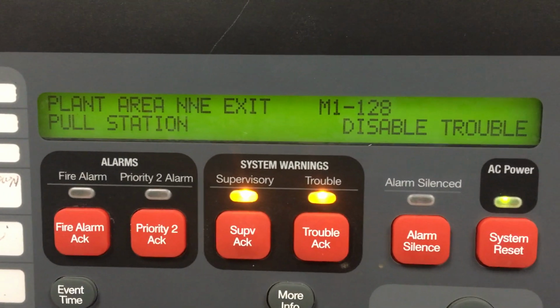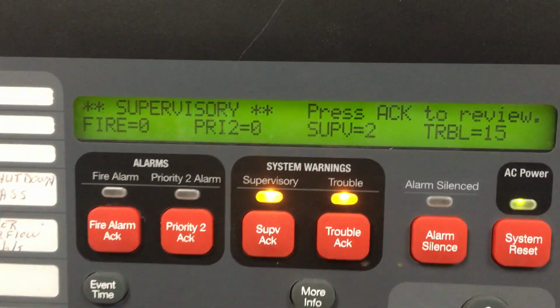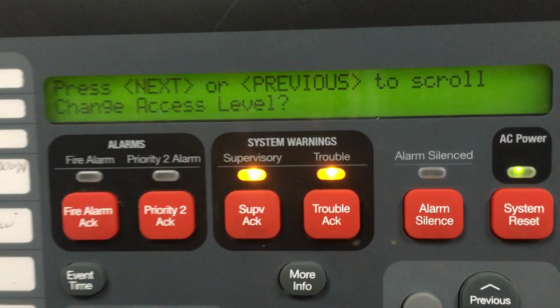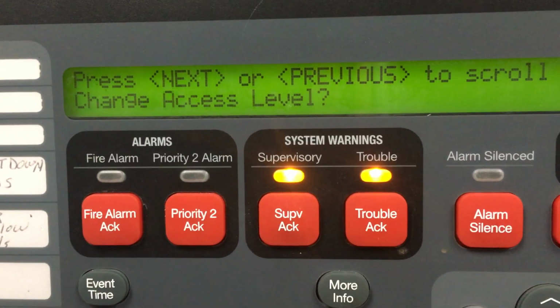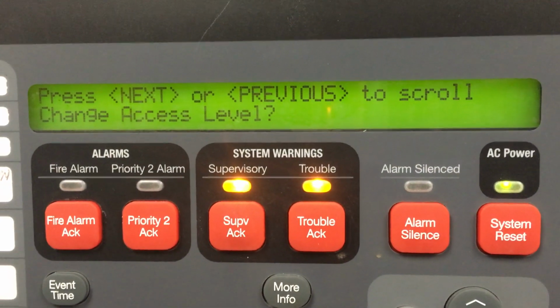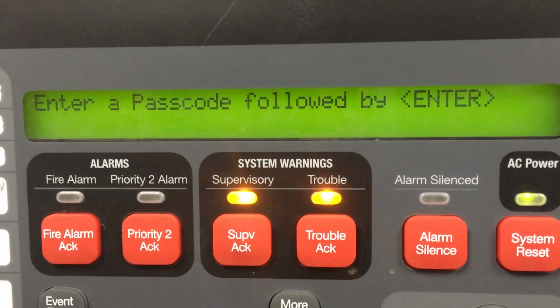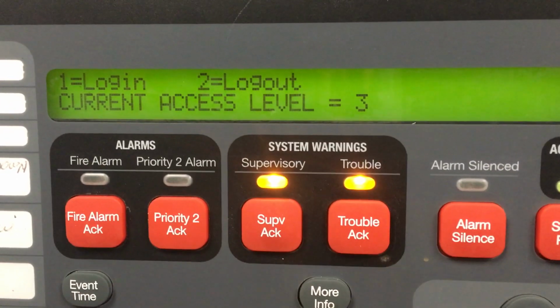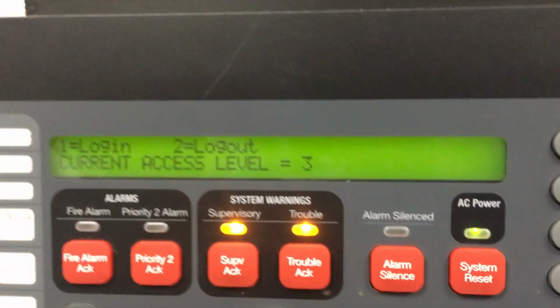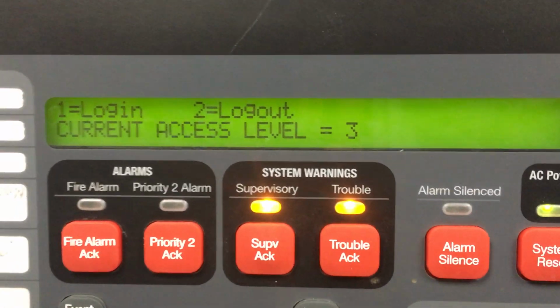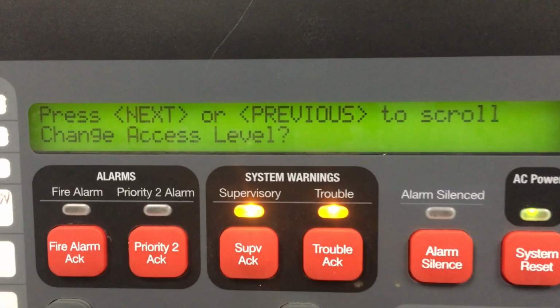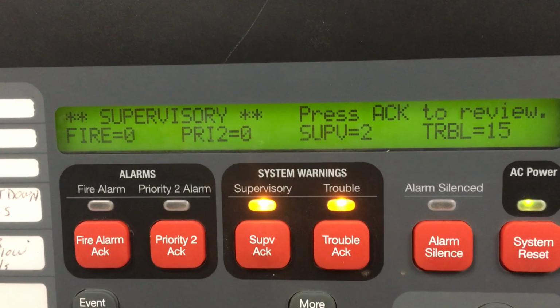So what you do at this point is you want to clear exit. Now we want to change the access level so that we can get into the controls. So you change access level and then use enter, press 1, login 333, enter, access granted. So now we should be at access level 3, which means we have tech access to the controls. So at that point, we will go back to clear exit, okay, and then we will clear exit again,